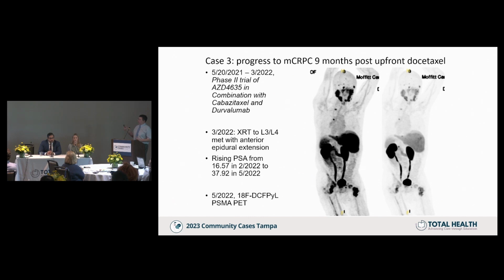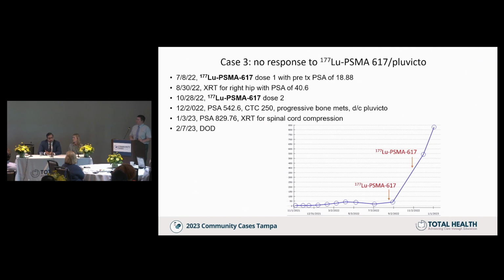So, you can see that there's lots of disease in the bone in the pelvic area. So those locations are at risk for fracture as well. So this is basically the PET scan that we did after he progressed through the study. So he had Pluvicto treatment. There was some dose delay because after the first dose, he has pain in the right hip. Based on the aggressive feature on the PET, we have to give radiation therapy. But if you look at the PSA curve, after the second dose,